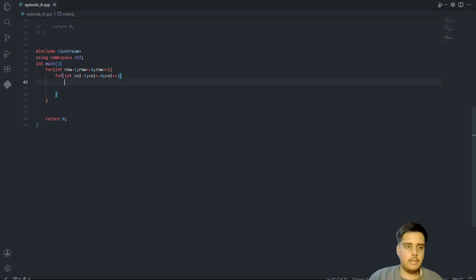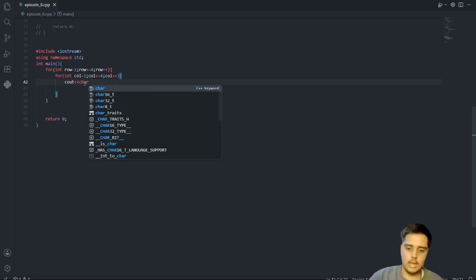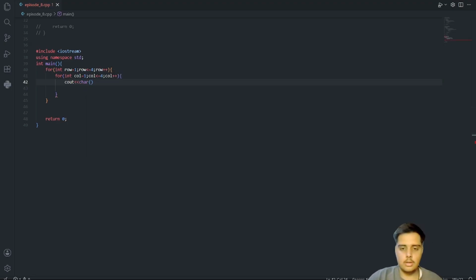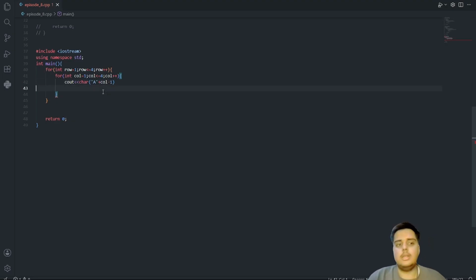So inside this is the main thing that is to be done, which is cout. We will say char and take a bracket here, and we will simply take inside 'A' in single quotes and add it with column and reduce 1 from it. This is the practical formula solution for this. This is formed by thinking, making you think more.